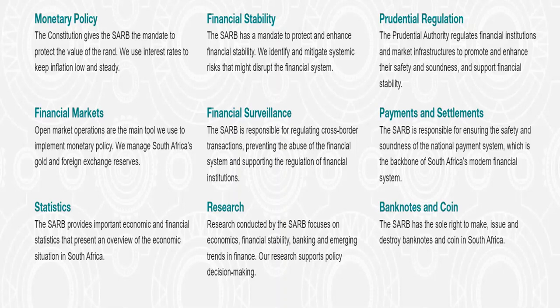Members of the public or organizations who wish to invite the SARB delegates to their area for awareness and training at no cost can contact the SARB at 012-313-4713 or currency at resbank.co.za. So, guys, basically that was a summary about the role of the South African Reserve Bank in our society,